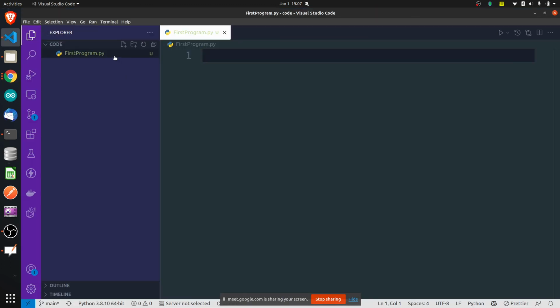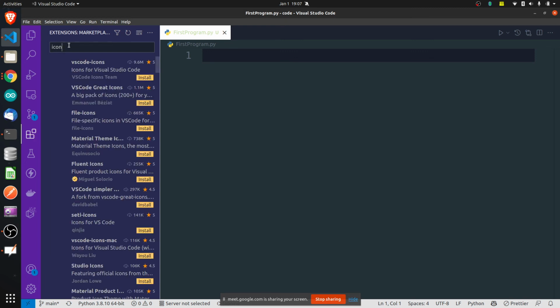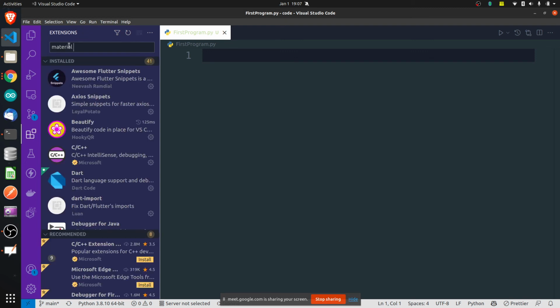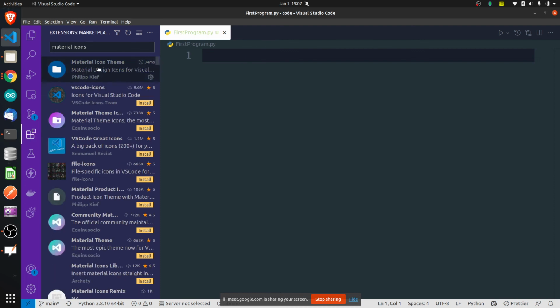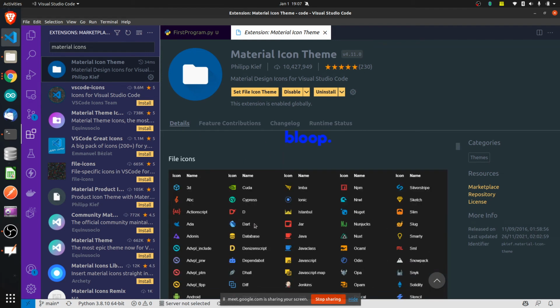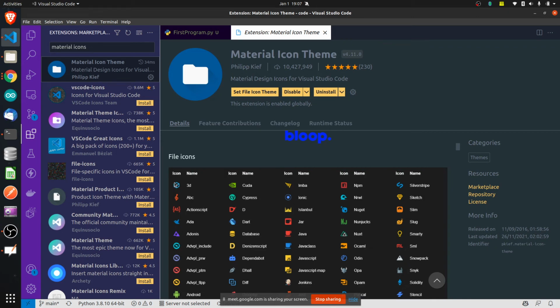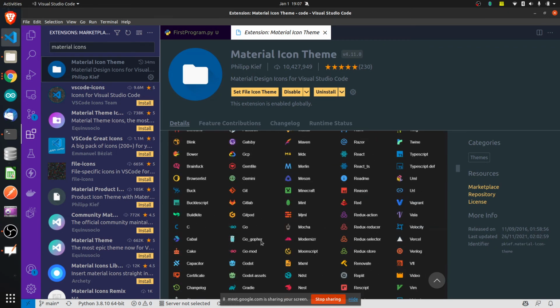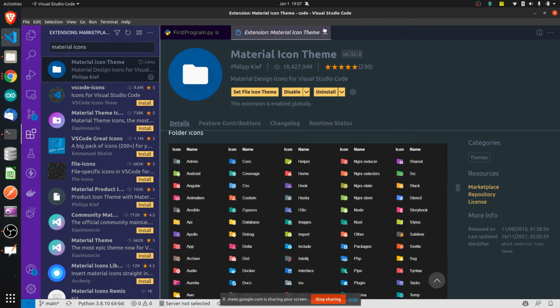Let's do that. We have written here .py. That's it. Now see here, automatically this symbol changed to Python. You might not get this symbol as Python, because I've installed an extension for icons. You can go to extensions and search for icons, material icons. Go to this Material Icon Theme and just click install. I have already installed it, so it will not ask me, but you can just install it. It will give you all these icons, so whenever it sees a given file type, you will get the matching icon. It just gives you icons here, which makes things much easier. That's it.